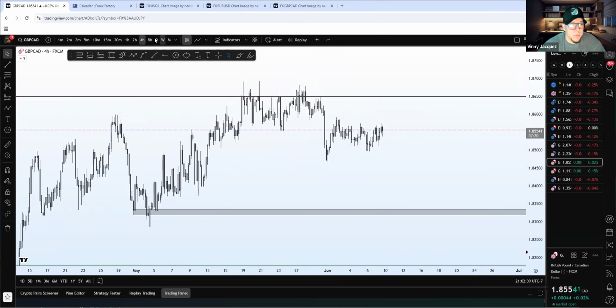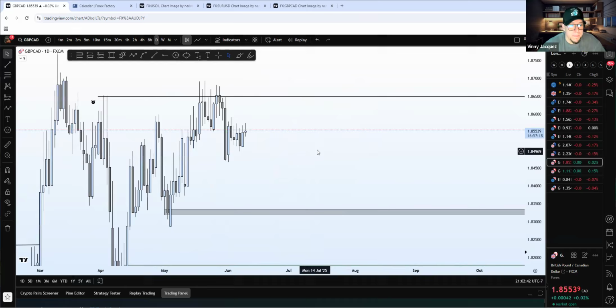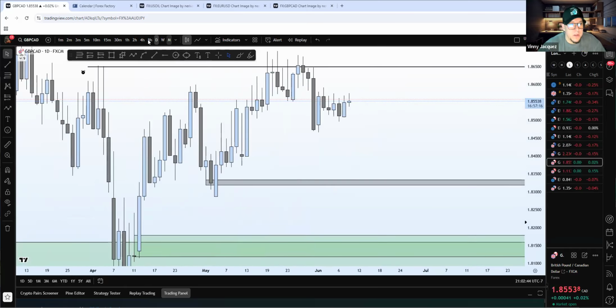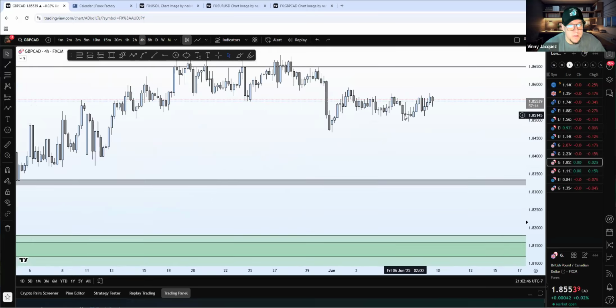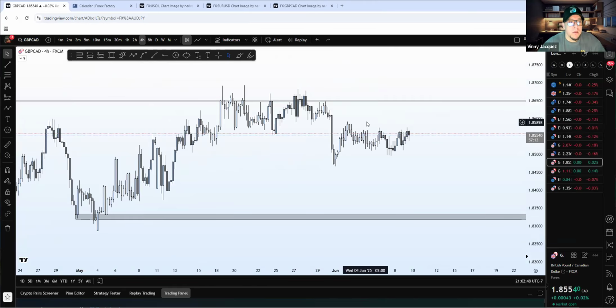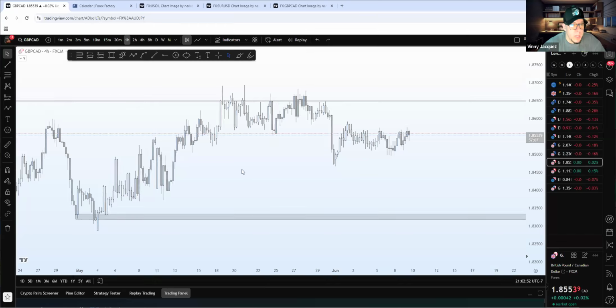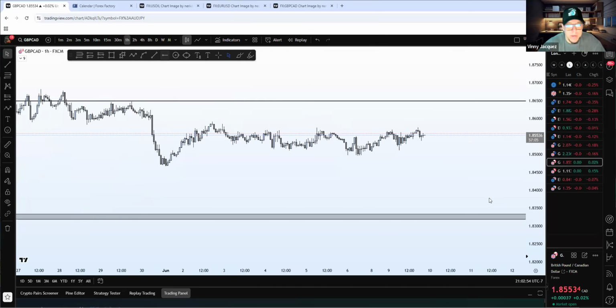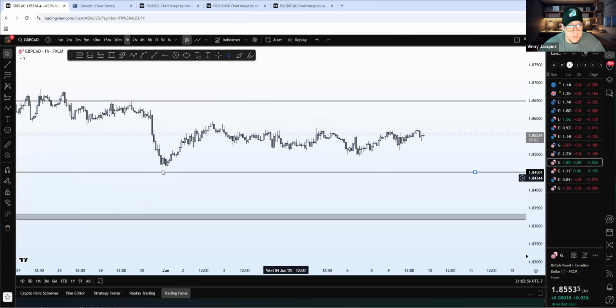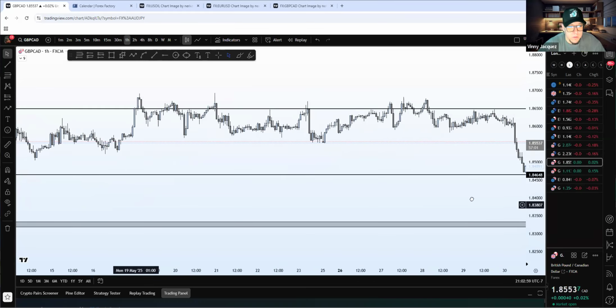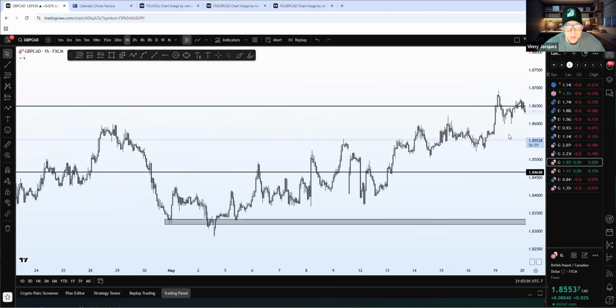Now, this is the thing. Let's go up to the daily time frame real quick. This is just very ugly, choppy market structure. It's just not my favorite, that's for sure. It's just not pretty market structure. Let's go to the 1 hour. I'm gonna put a line right here just so I can see what the market respected. Okay, I see it.